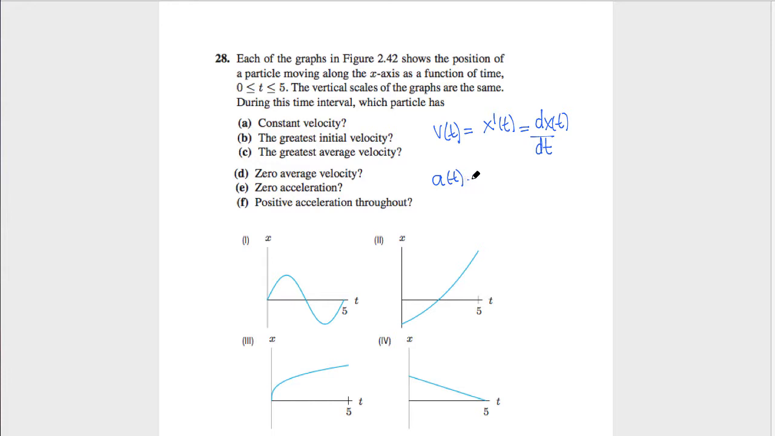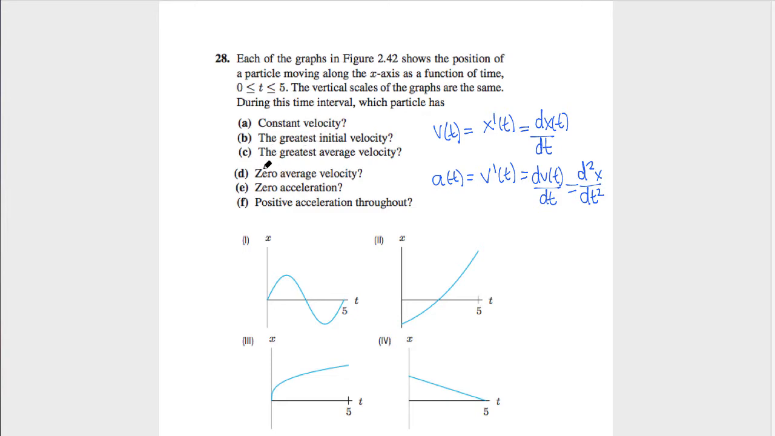Similarly, acceleration is the rate of change of velocity, or v prime of t, or dv/dt. Now, since v of t is already the first derivative of position with respect to time, we can actually say that this is the same as d squared x dt squared, or the second derivative of position. So knowing this information, we can go in and say, all right,